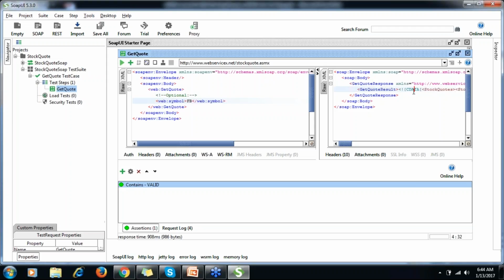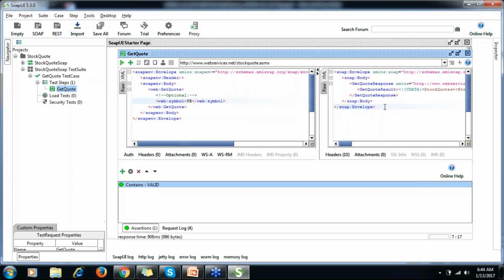As I said, there is no UI, so you are requesting and you are getting a response. It directly sends the request to the server, and the server picks the value from the database and sends it back to you. Okay, so it means we are validating.